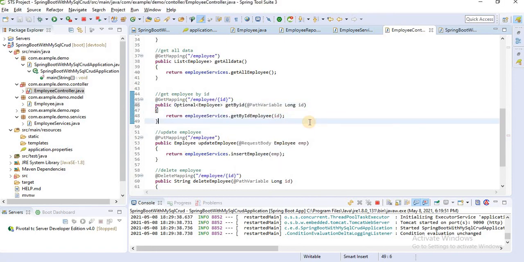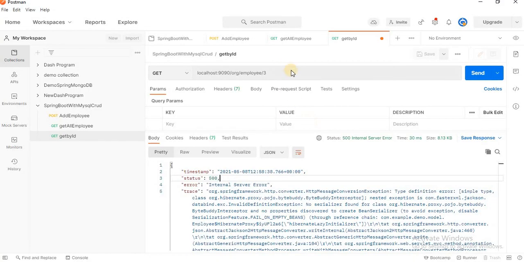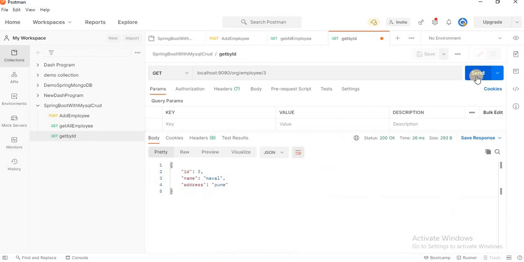Okay, let's save and go to Postman. Let's try to hit again. Now we are getting our expected data. Now let's try to fetch the second ID data and click the send button. We are getting the second ID data.